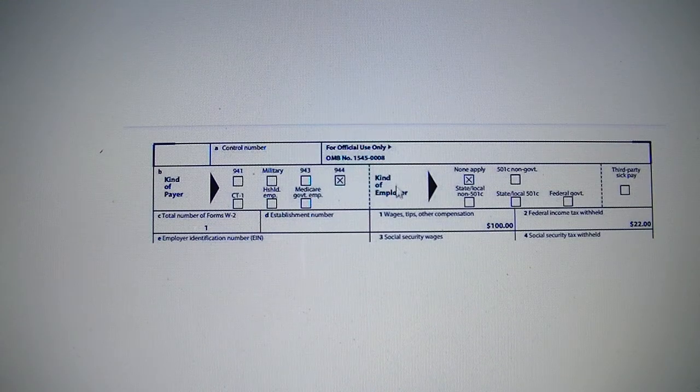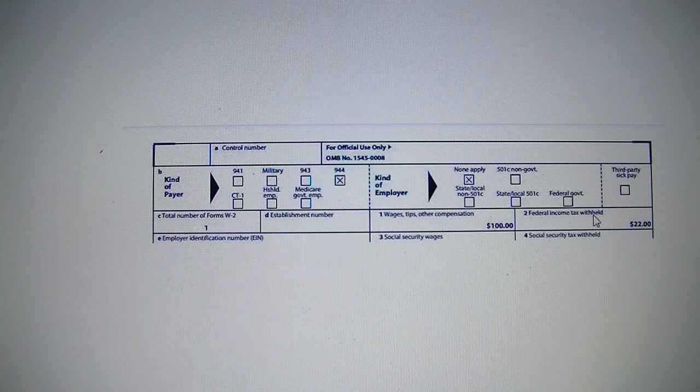It checked kind of employer non-apply because we are not the federal government. The number of W2 submitted is 1, and in box C the total wages $100, and the federal income tax withheld